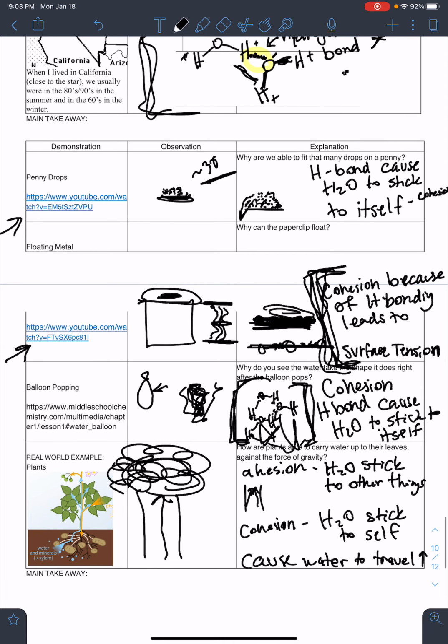So with all of these different demonstrations in this one, our main takeaway was that water sticks to itself and can stick to other things because of the hydrogen bonding. So because of H bonding,